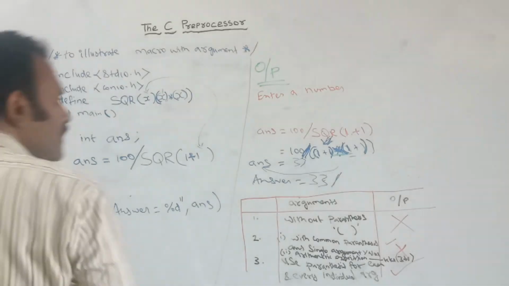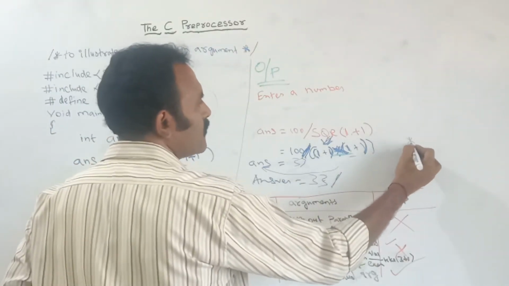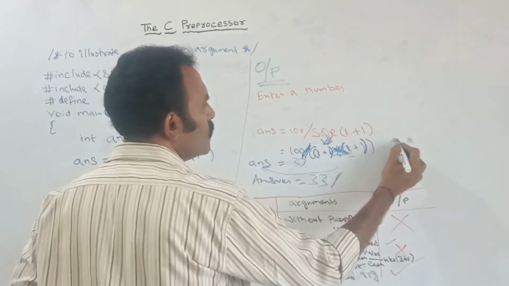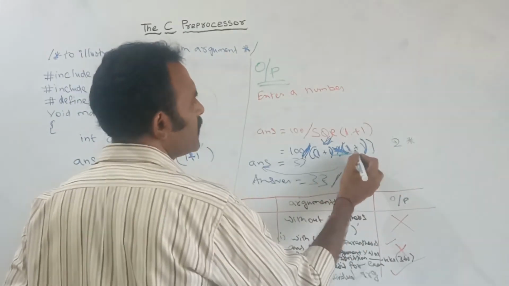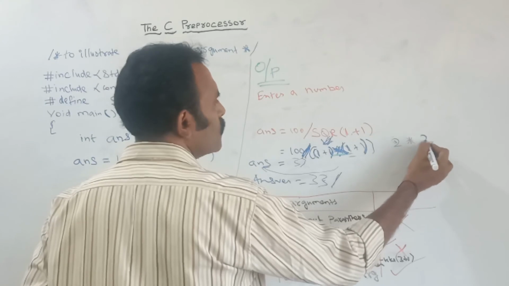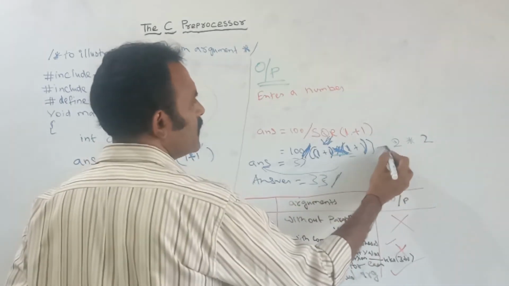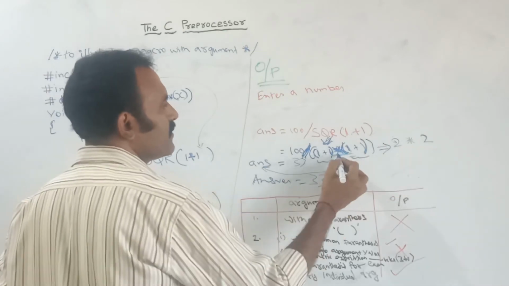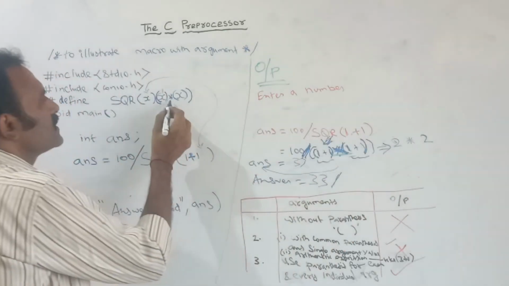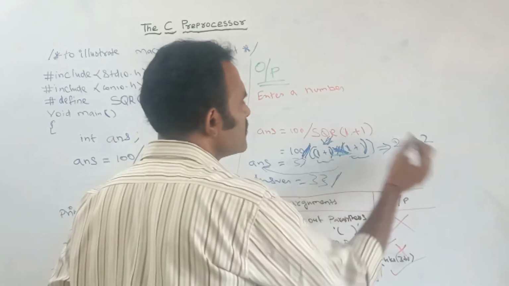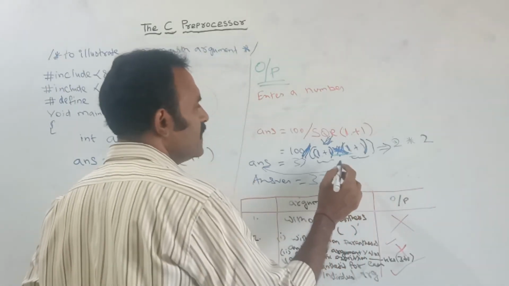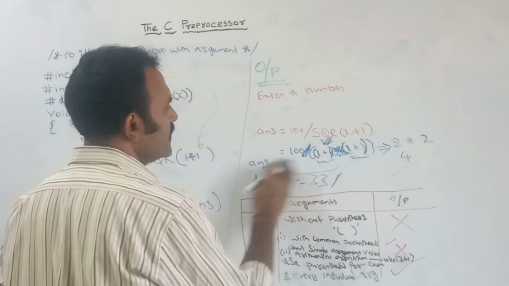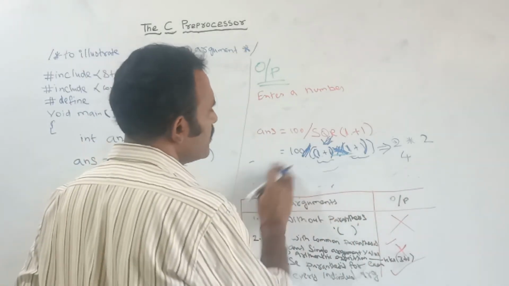Here I am multiplying this left 1 plus 1, that is 2, into this 1 plus 1, which is 2. So this is one set and this is one set, and in between the middle one is the multiplication symbol. This is the proper way, the right way. So 2 into 2, the answer is 4, and finally here 100 divided by